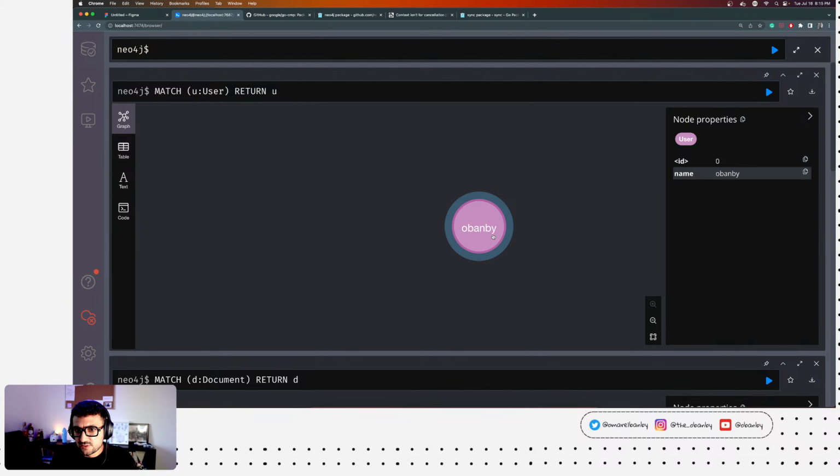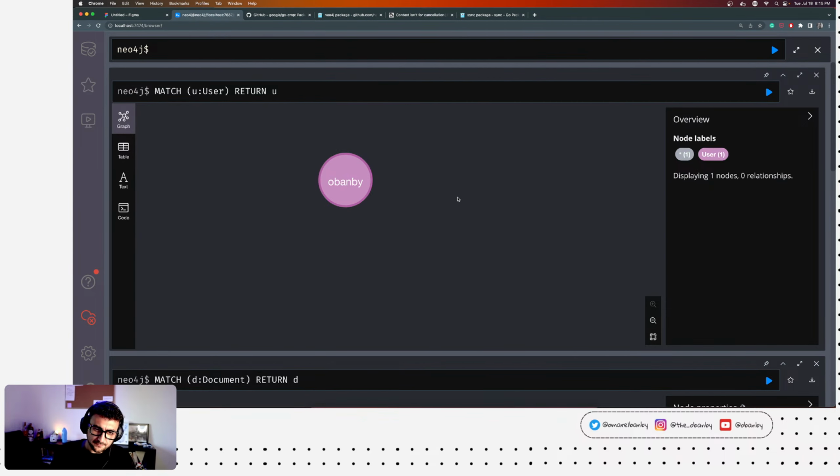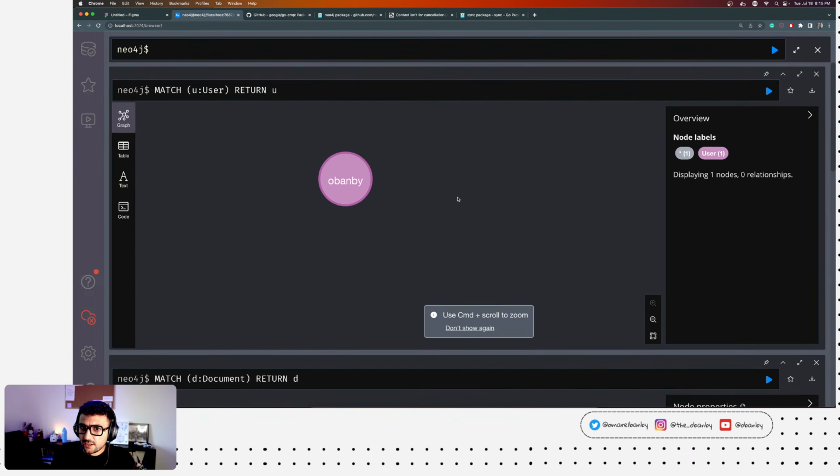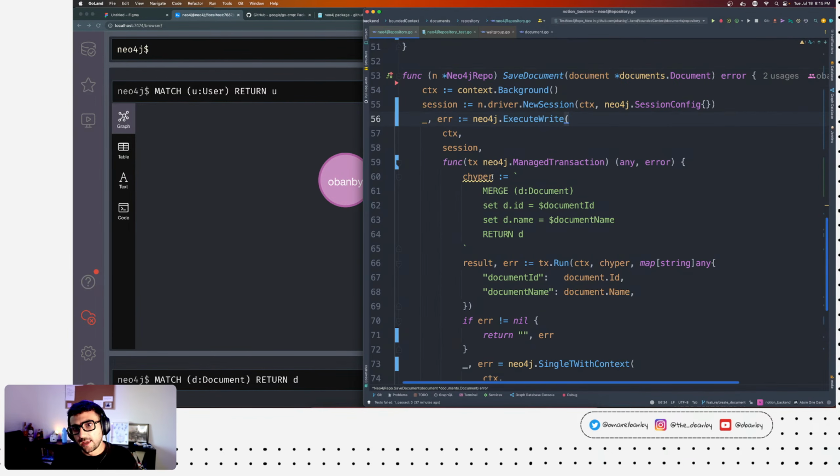So here is me, that's the user, and a user should also have a UUID. So our user here doesn't have a UUID, but once we have it in code, the user should have a UUID, and that's how you're gonna reference a user. And one way to do that is to actually inject it in the session.